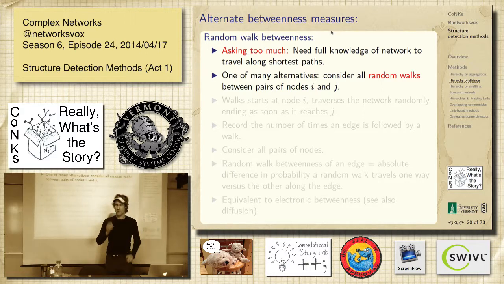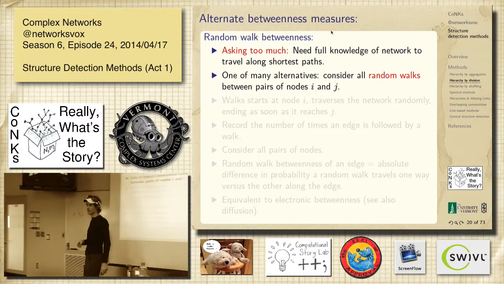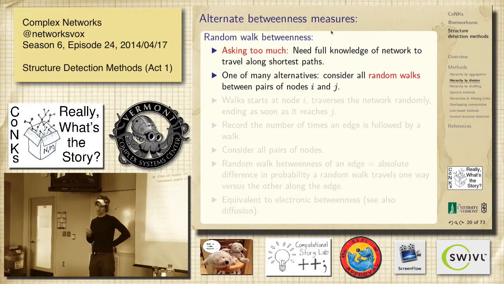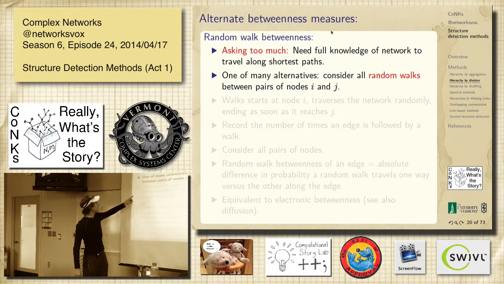Okay, so here's why this is more complicated than that one. If it's a pure random walk, you have one random walker and you let them go everywhere, the edge betweenness you'd end up with is uniform. Actually, everyone would have the same edge betweenness because random walkers are equally likely to be on every edge. The difference is that you have a source of random walkers and a sink of random walkers. That's the difference here, right?